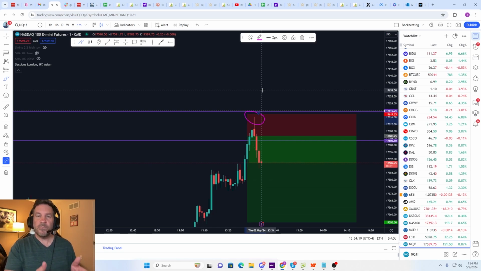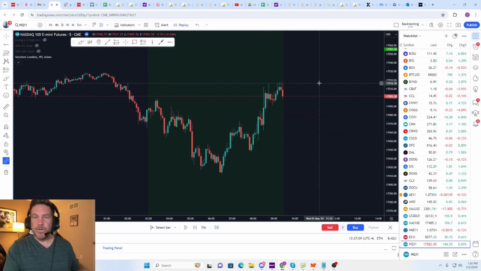Now, the reason why I like this is because when I do this, from a risk management standpoint, I'm risking so little, it doesn't even matter if I miss on these particular trades a few times, because I'm targeting that higher risk to reward, and then I'm risking such a small amount, I can afford to take 3 or 4 losses in a row. In this particular example, I'm going back to the previous day so I can show you